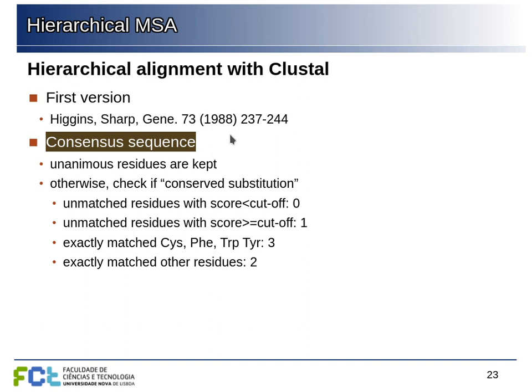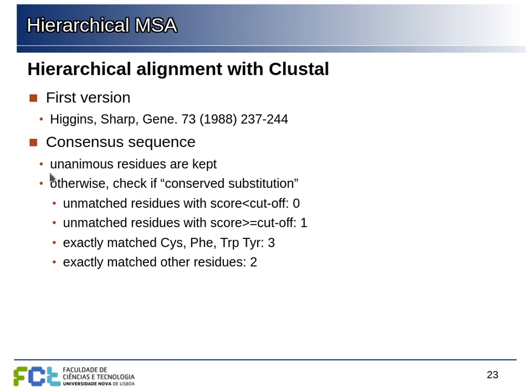Now, every time we need to align either two blocks to multiple sequence alignments or one sequence to a multiple sequence alignment, we can just look at the consensus sequences, and this will always be just a problem of aligning two sequences. So at each step, as we follow the tree, we are just aligning two sequences. Now, one very simple way of doing this, the consensus sequence, would be just to look at unanimous or majority residues in each column of a multiple sequence alignment, and that could be the consensus.